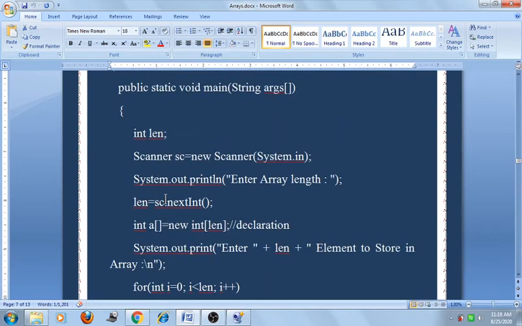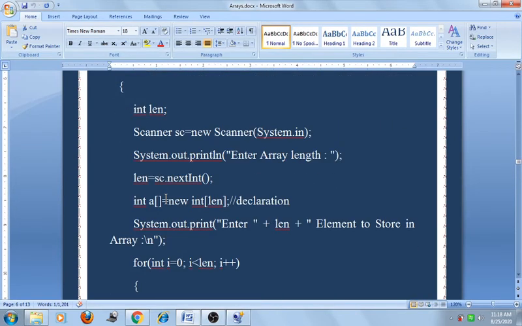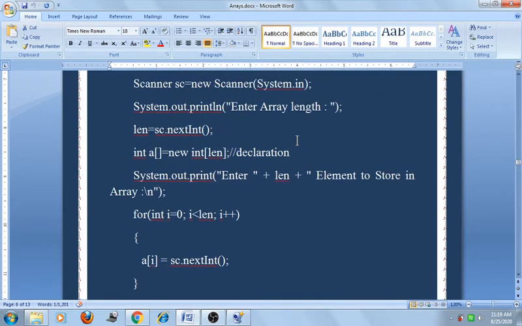So with the help of the Scanner class, first we mention the Scanner class. Here Scanner sc, we declare the Scanner object new Scanner(System.in). Why is it in? Because it is the input, so it is used for input. Next we assign sc.nextInt to the len variable.